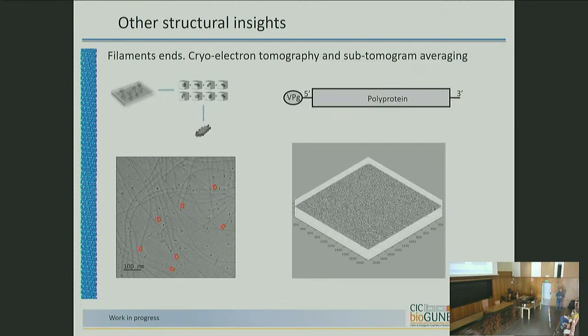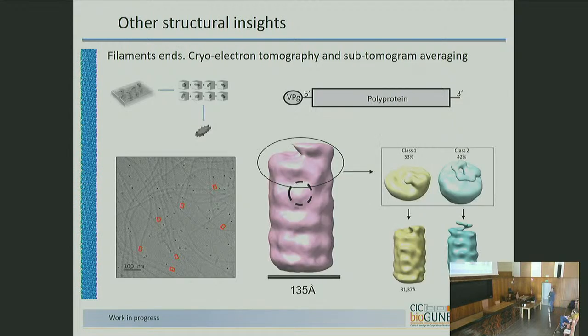So with, I think it was 80 tomograms or something like that, we collected around 600 ends, which is really a poor number. But it was just kind of a proof of principle to see whether we could get something. So the final average we got is this one. We always had around 30 Angstrom, which is really bad if you want to go into details.